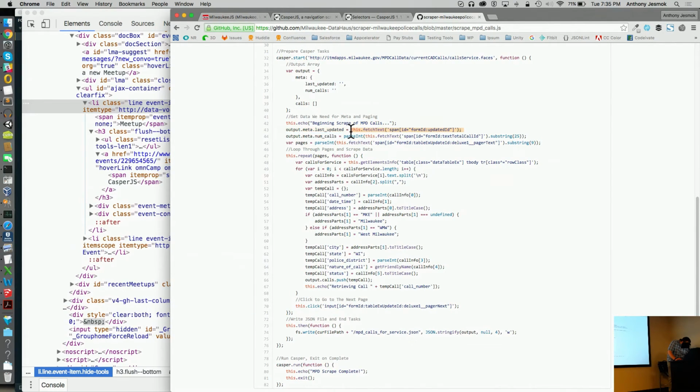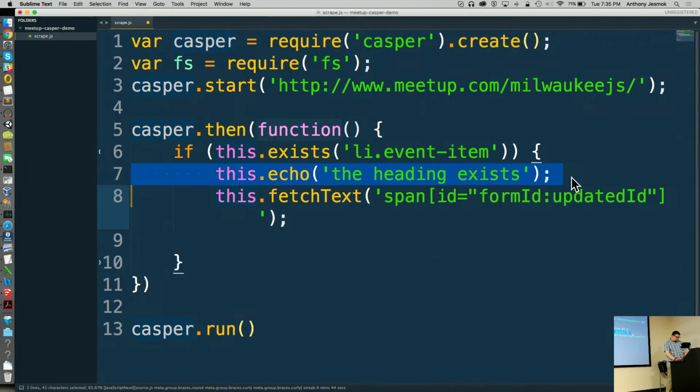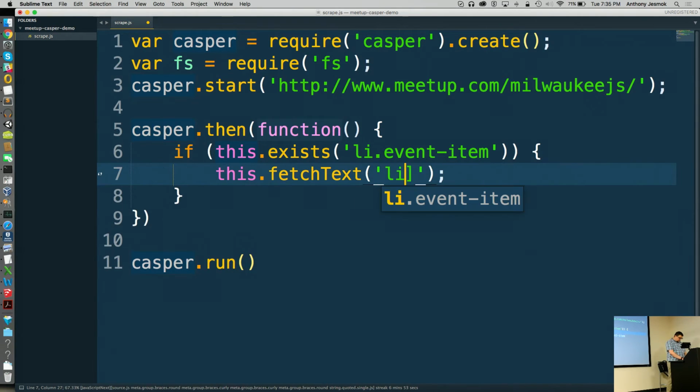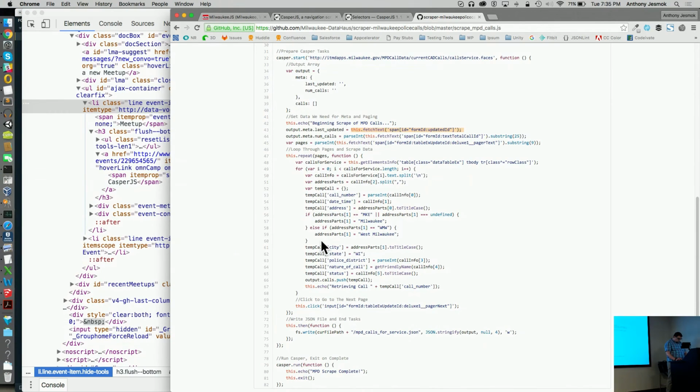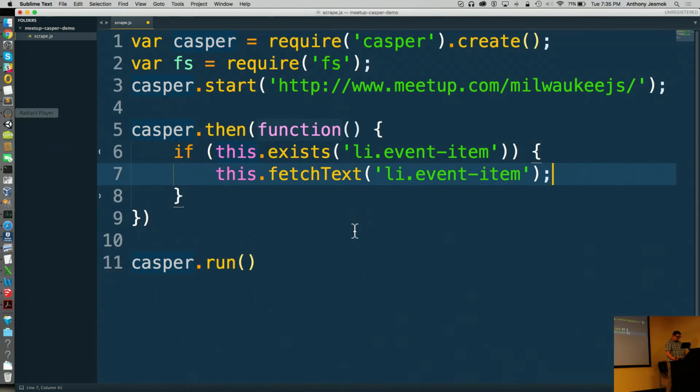So we have this.fetchText, which means we can do the li item. And I'm also going to log that to the console.